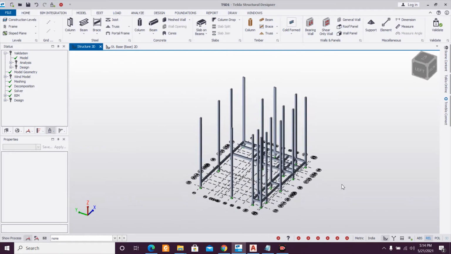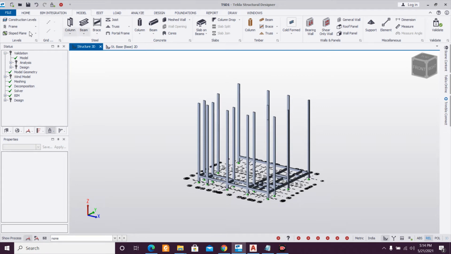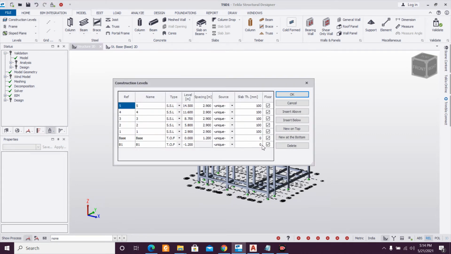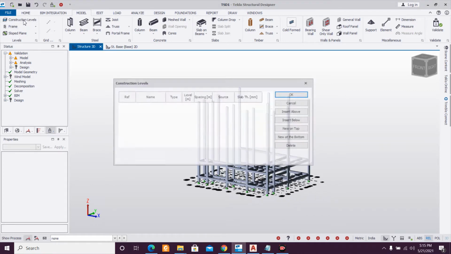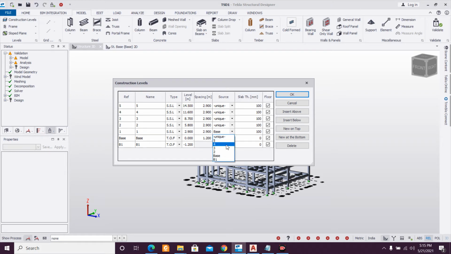So can we go to the next level? I think it will be the same. Next level, that is my G. So I'm going here to 1 and copying my base here. Okay. So this is my G, which is done carefully, and making it back to unique.